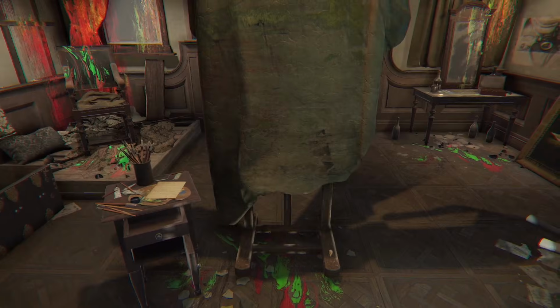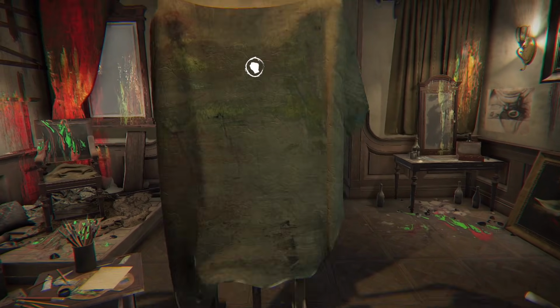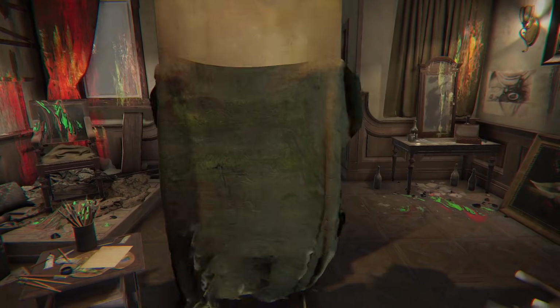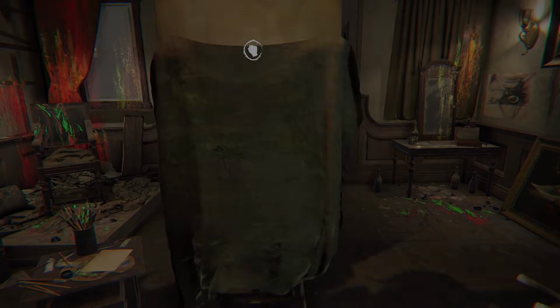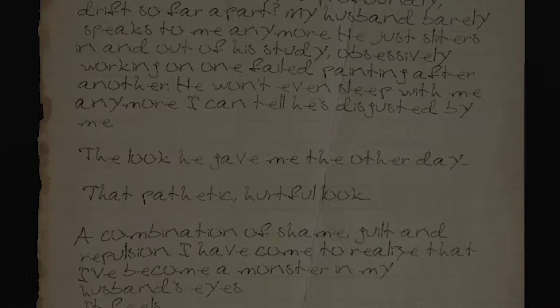The painter makes his way back to the workshop and there sits a blank canvas. He's just looping over and over again, slipping further and further into insanity, hell-bent on creating the lady in black again. The wife stated that she felt that she'd become repulsive, a monster in her husband's eyes. This is likely why he was so fixated on creating a painting of her from before the accident, so she can be beautiful to him once again.